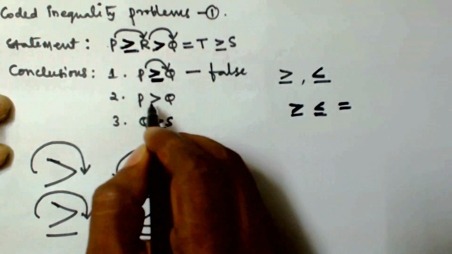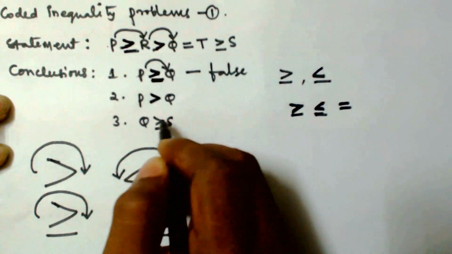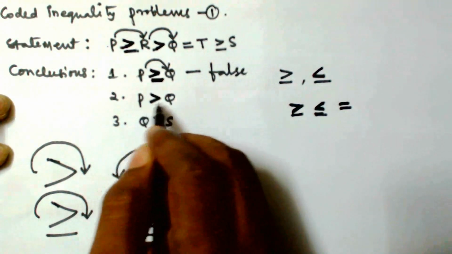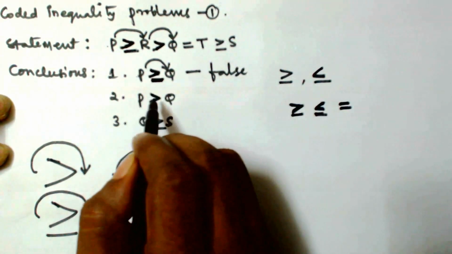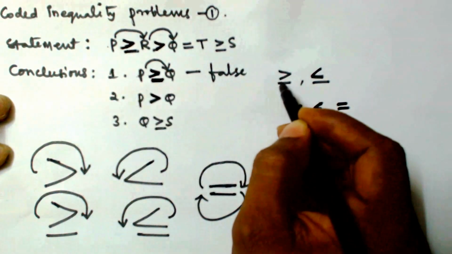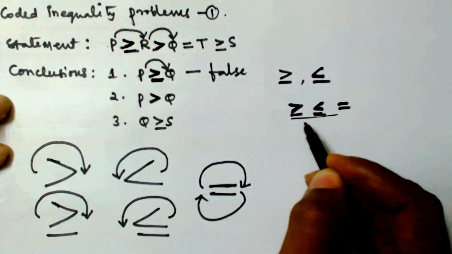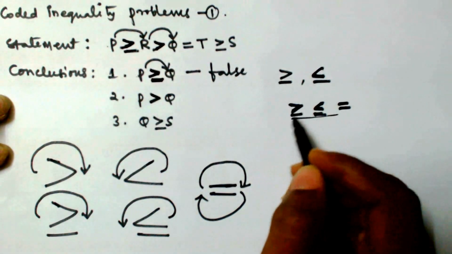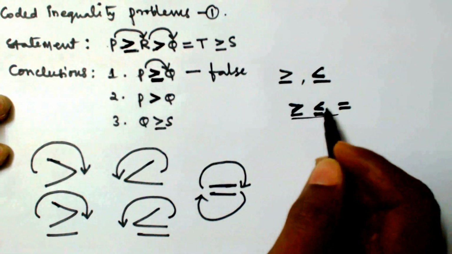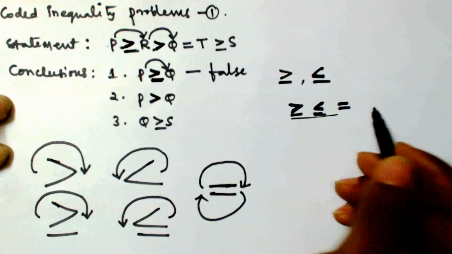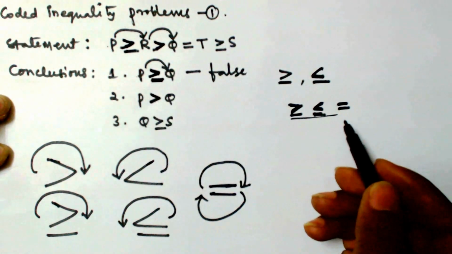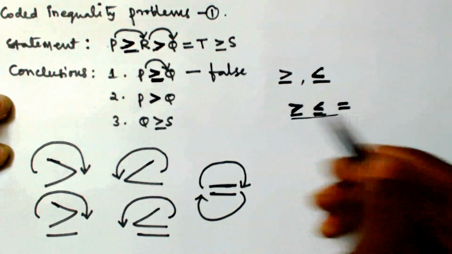Okay, and next one is P greater than Q. So for P greater than Q, there is no such condition. Whenever there is less than or equal to, greater than or equal to, then only do we follow this rule, that all the movements must contain greater than or equal to, less than or equal to, equal to. In the case of less than, greater than, there is no need to follow this rule.